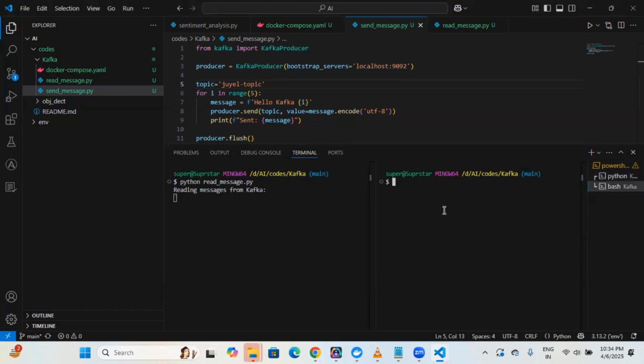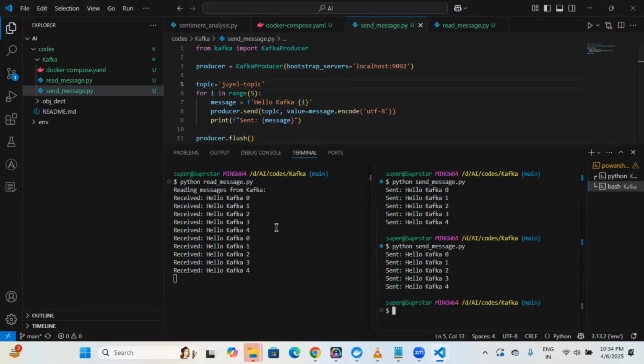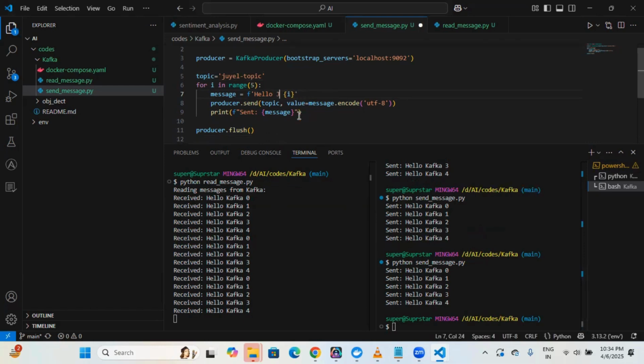So now on this side, from my right side, I'll be starting the Python producer. That is nothing but send message. It's coming, right? So now again, let us run. If I run again, it's coming, right? So like this, in real time, you can get the message whatever you want. If I change the message over here and save and run,